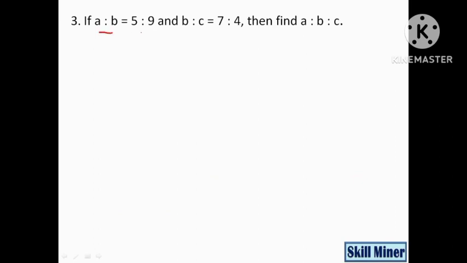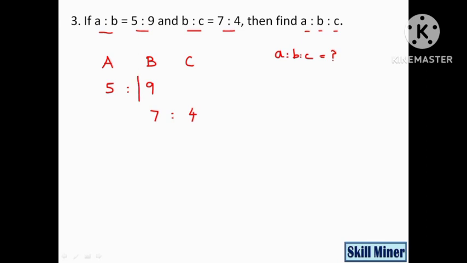If A is to B is 5 is to 9, B is to C is 7 is to 4, then find A is to B is to C. There are three variables A, B and C. A is to B will be 5 is to 9. B is to C will be 7 is to 4. For getting A is to B is to C,